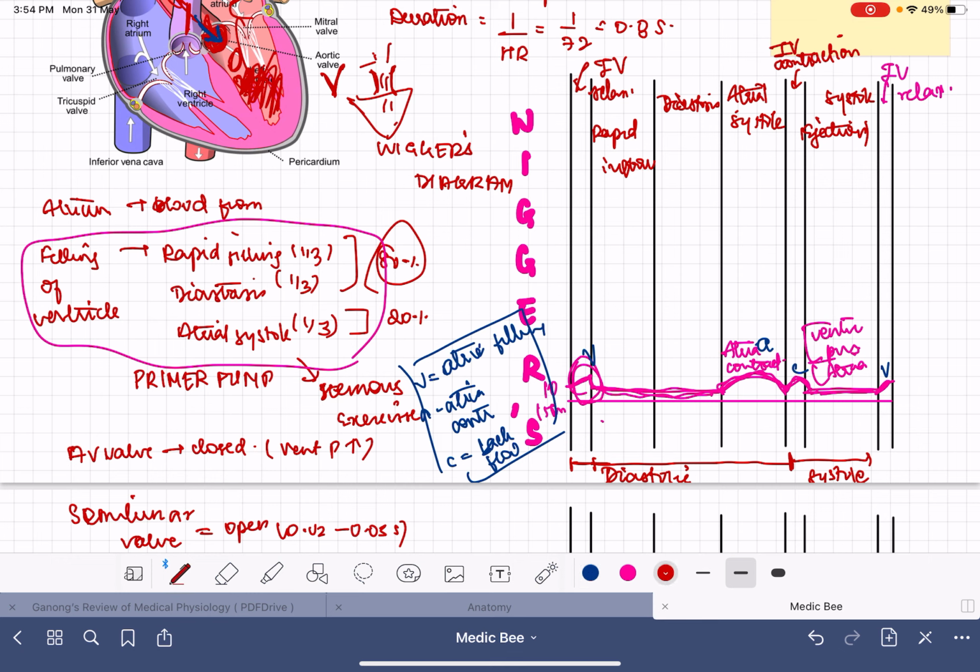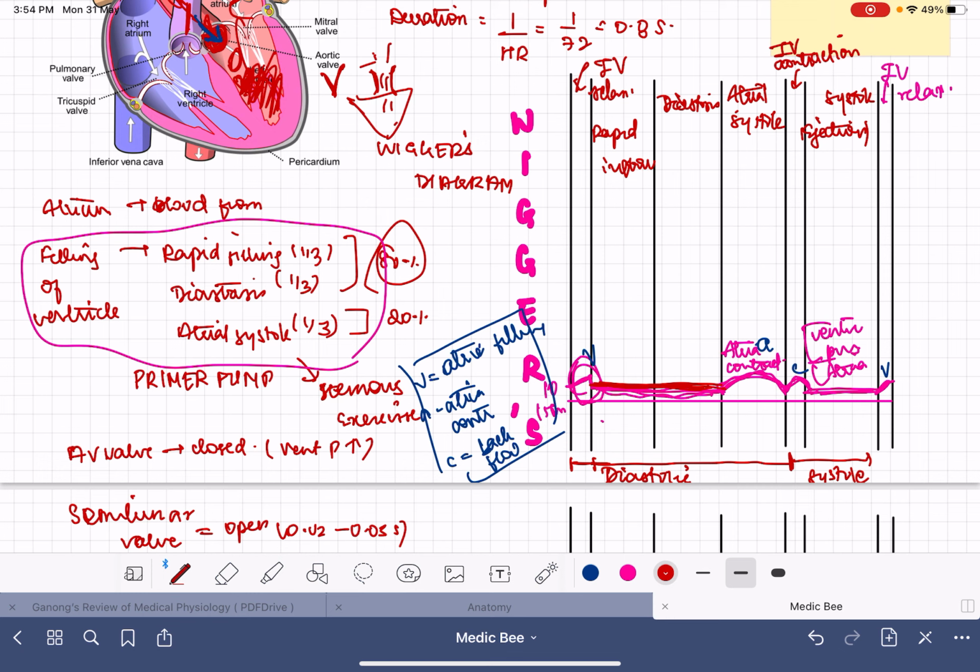And in the second stage, we will see what is happening in the ventricles. During the initial stages, there will be 0 pressure. As long as the blood is directly falling into the ventricles, there will be no pressure in the ventricles. This is the period of rapid filling and diastasis. At this time, the pressure in the ventricles is also 0, just like the atrial pressure. And after that, as the atria contract, the blood is pushed with a greater force into the ventricle.